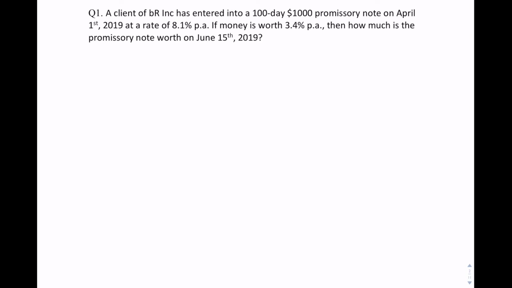Okay, so question 1. A client of BR Inc. has entered into a 100-day $1,000 promissory note on April 1st, 2019. And our rate is 8.1%. So we have,